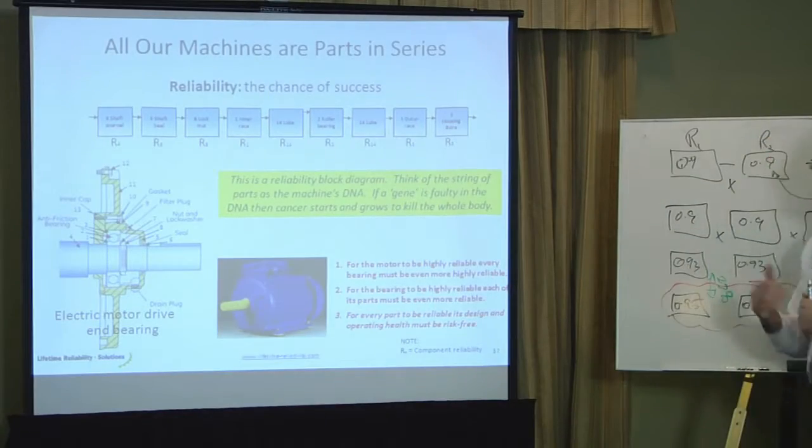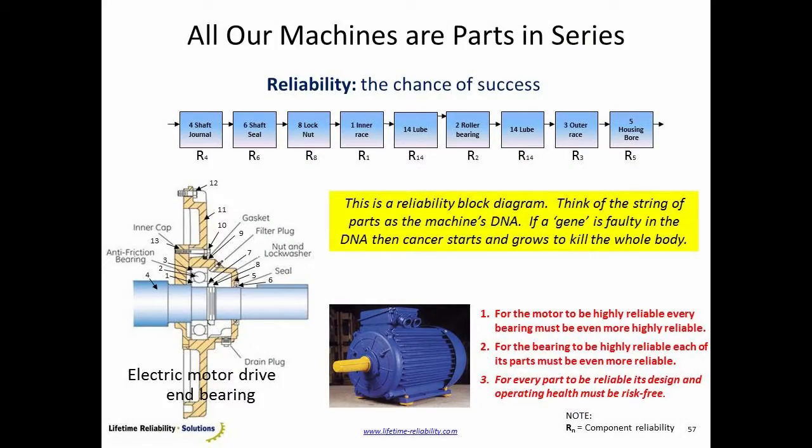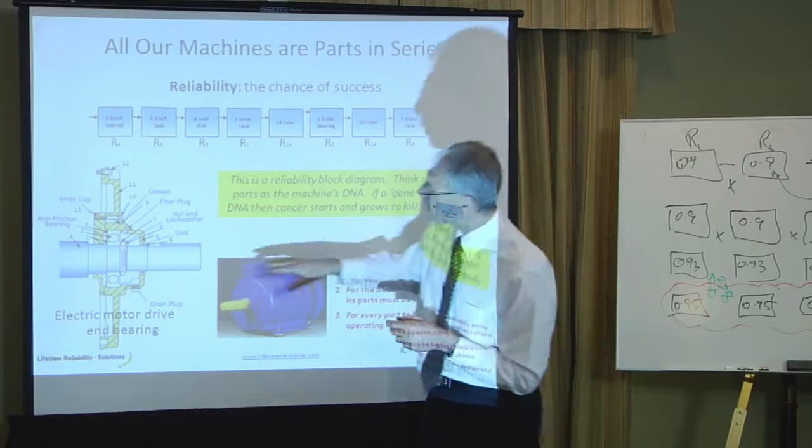The two choices: parallel activities, or a very high reliability of each component. Now what I've done here is I've taken the drive end bearing of the electric motor and turned it into what we call a reliability block diagram. It's a process chain. I've said, okay, let's take this section of the motor, and say, well, power